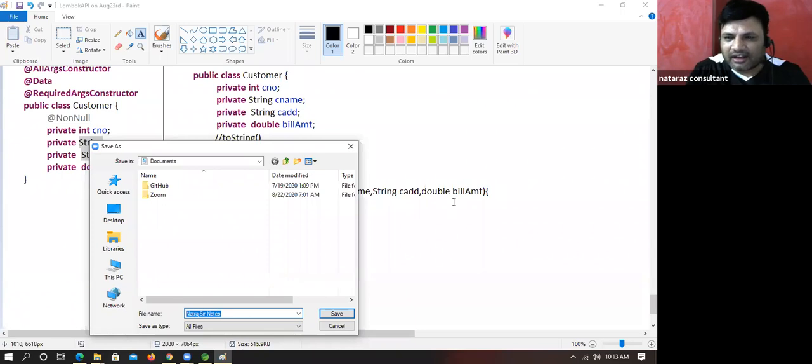Sir, Ravindra Kumar, the Java 8 features class will be conducted by Core Java faculties. Be in touch with your Core Java faculties. They will conduct. So Lambda KPI is my subject. That's why I conducted. Okay.